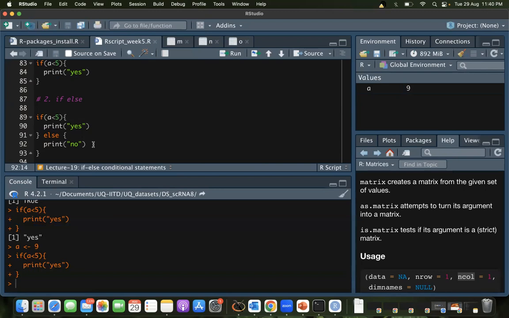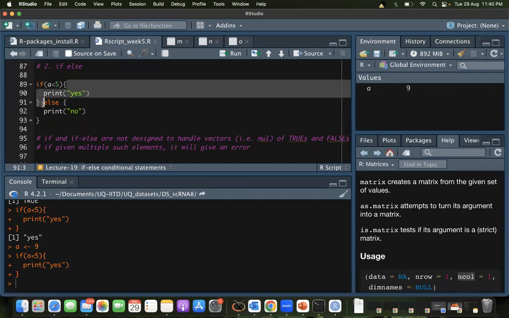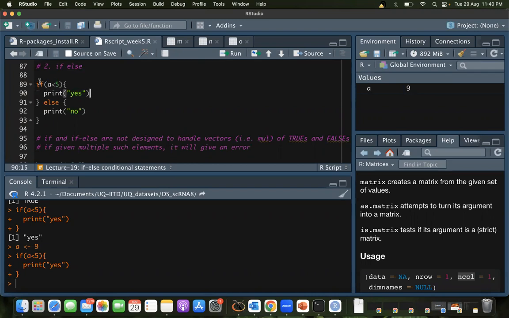Less than 5 or greater than or equal to 5. That's how you can say it, right? So this is what I'm saying. If this condition is true, you go to this chunk. Else means if not, if this condition is not satisfied, you go to this chunk, right?